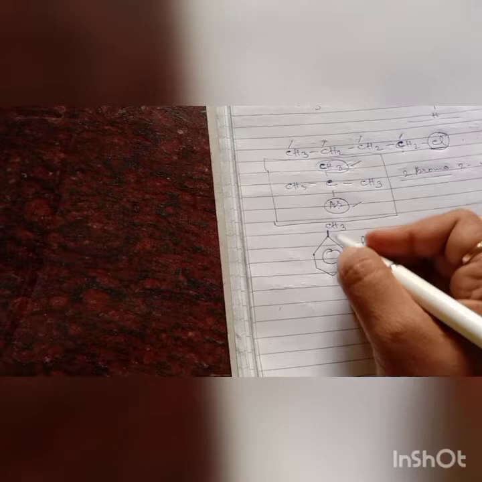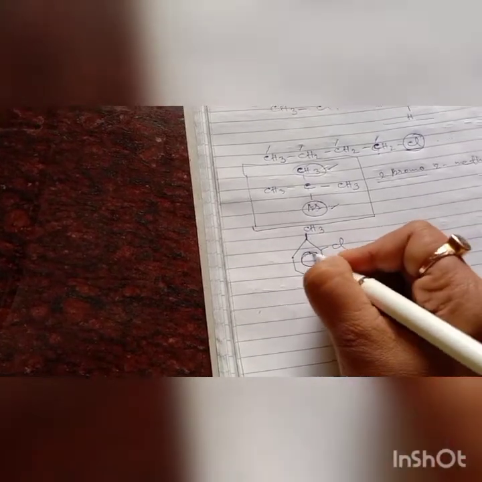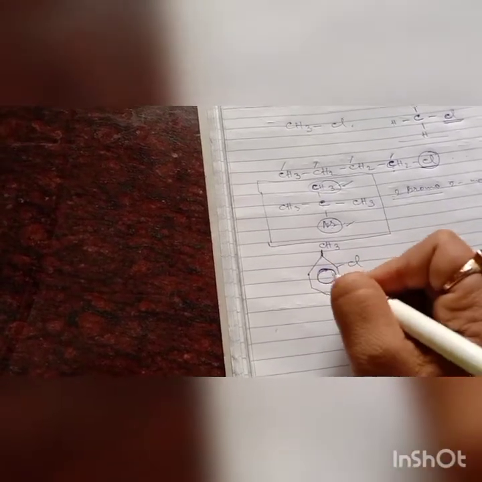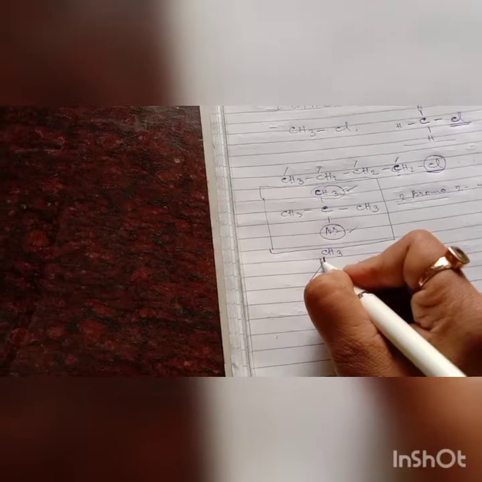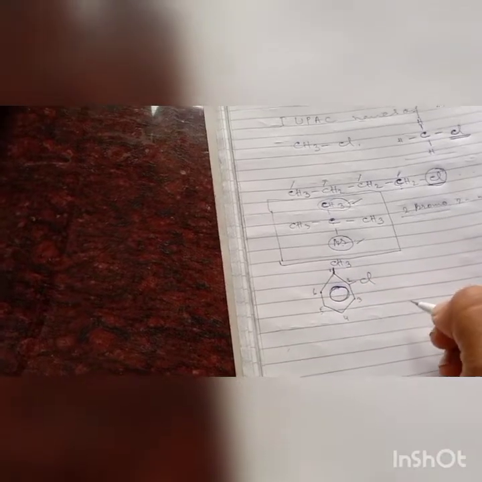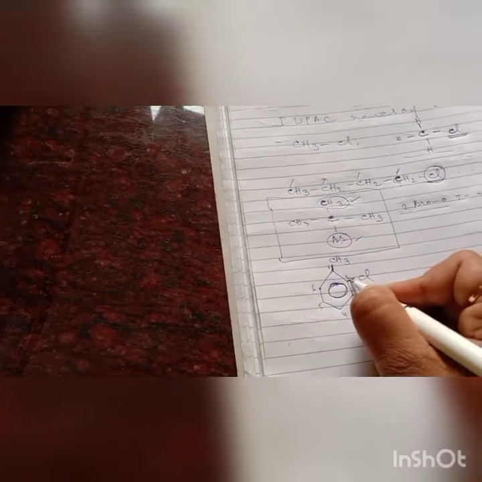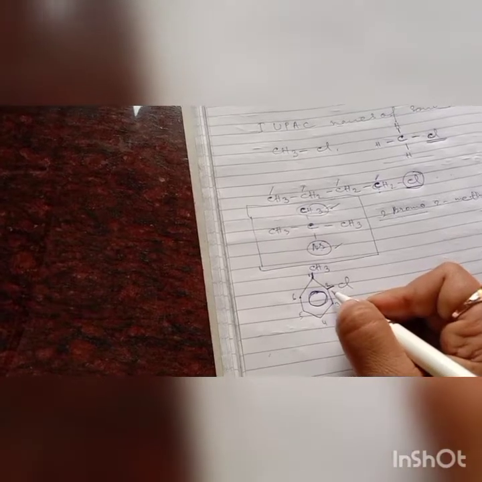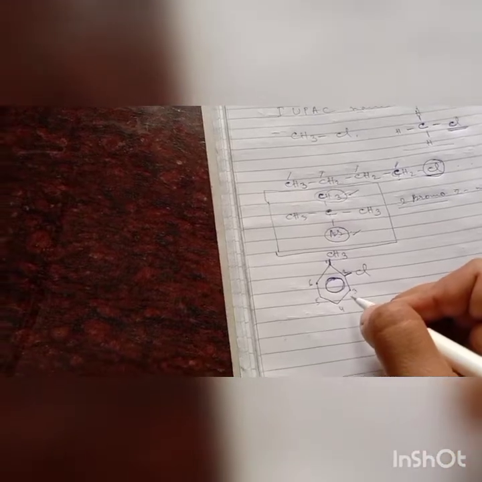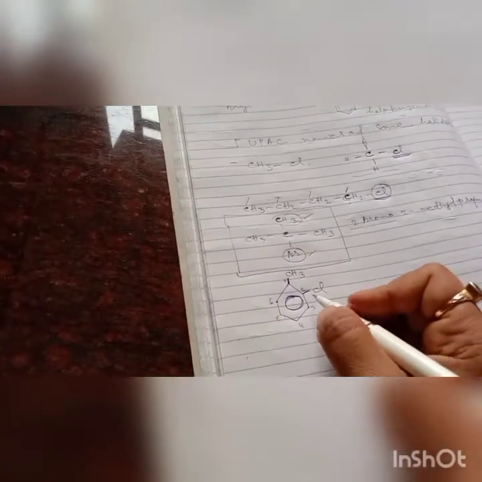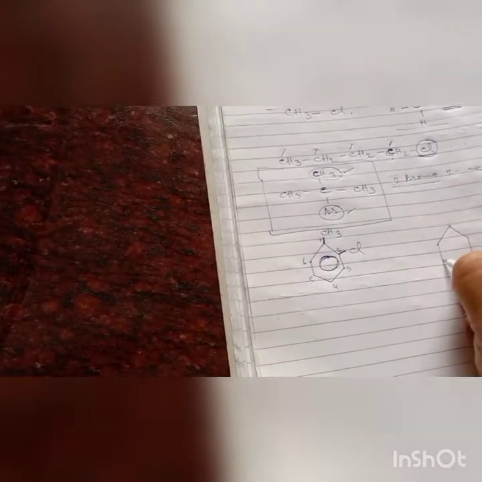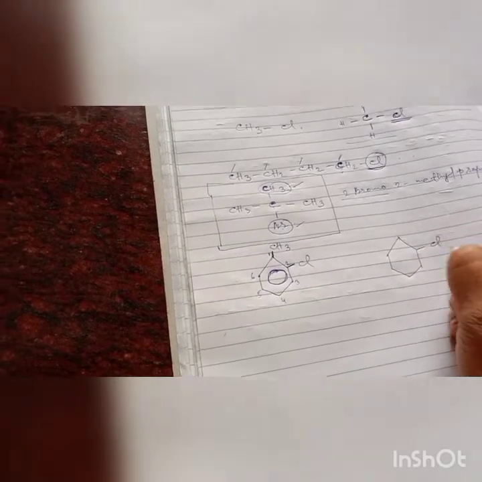Students, in a cyclic group, you can count from any one end. Here in this structure we counted from here. This is one place, and second place, third, fourth, fifth, and sixth place. So chlorine is present in the second place. That's why we say this is 2-chlorotoluene, or 1-chloro-2-methyl-benzene. If we take chlorine as 1, that is counted as chlorine present on the first carbon.